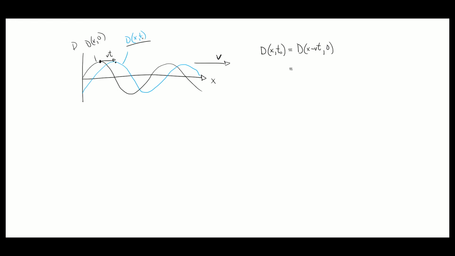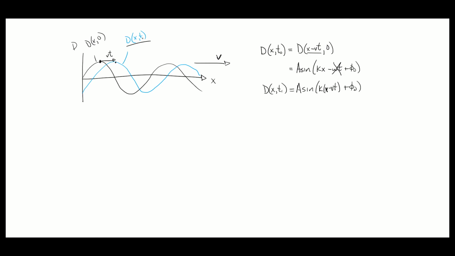So what does that mean? Well, I can plug in this sine of kx minus omega t plus phi naught, our wave model, but we're at t equals 0, so this term goes to 0. This is a sine of k times our x value, which is actually x minus vt, plus phi naught, right? So if we just think about how this wave moves, this must be true.